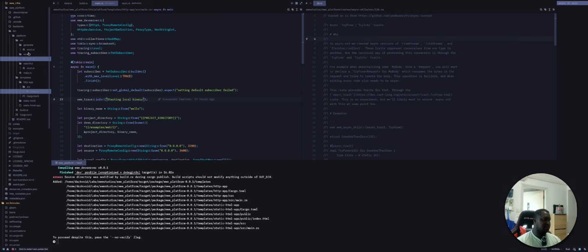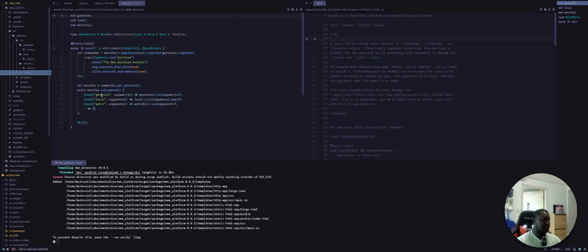So I'm trying to set up, well, actually I have set up a bunch of command line applications. Basically the way it works is this main, and there's three commands: generate, local, watch. But I find an issue whereby build in the directory, because it depends on some template files in here,